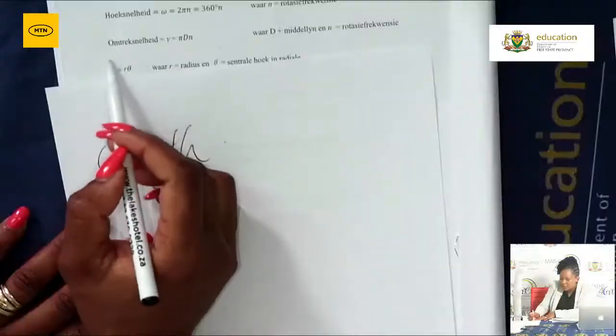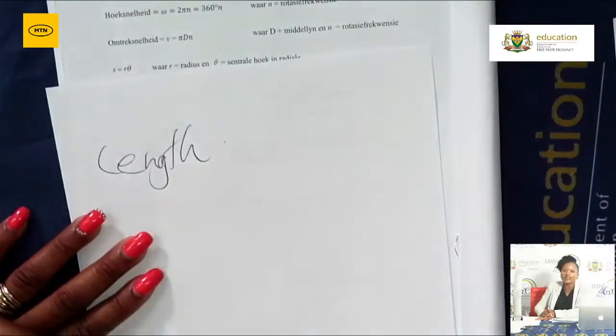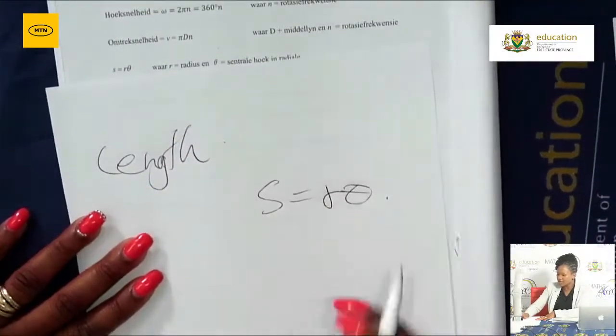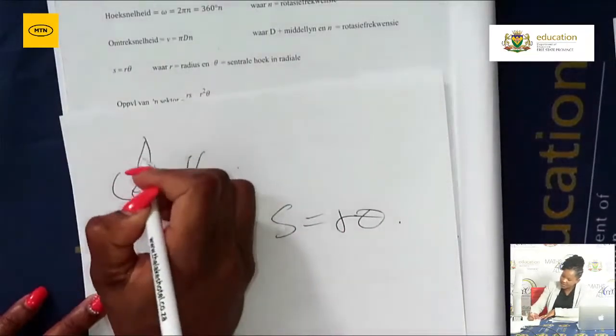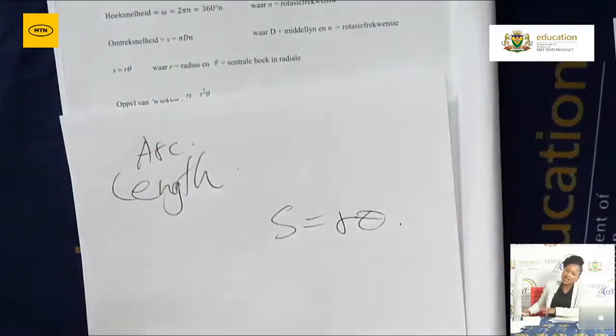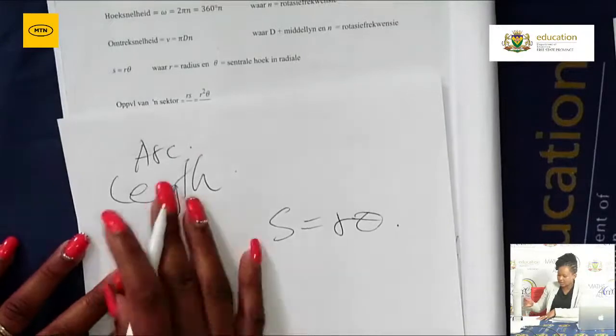Circles, angles, and angular movement, it's when you will be asked to find the length of an arc. For the arc length, learners, here is the formula to use: S equals r theta. And then besides the arc length, under question 10, expect